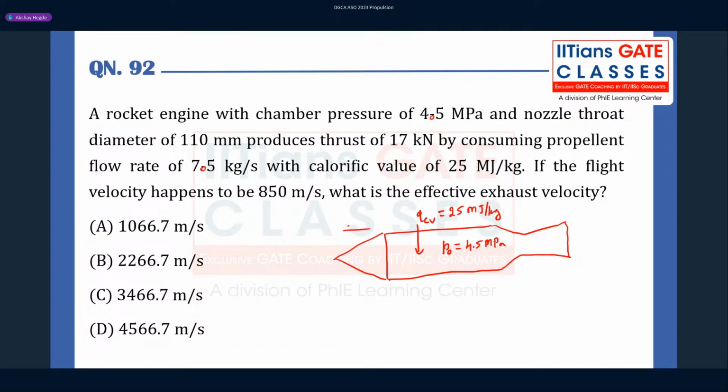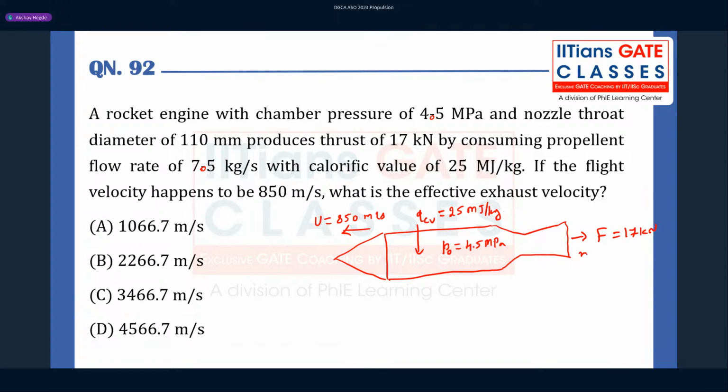They have given the flight velocity, not the exit plane velocity. The flight velocity is 850 meters per second, and this is producing a thrust of 17 kilonewton